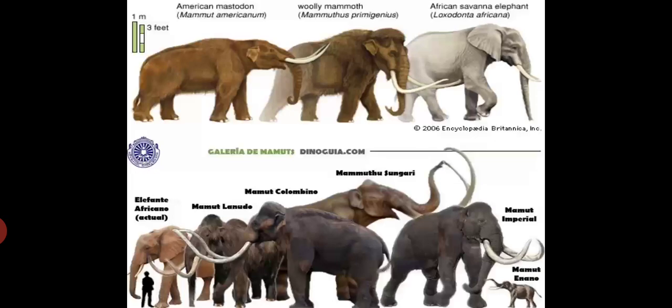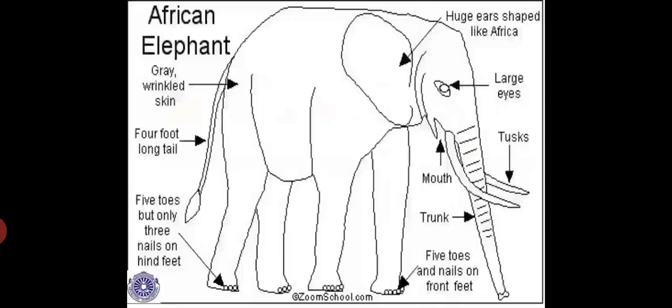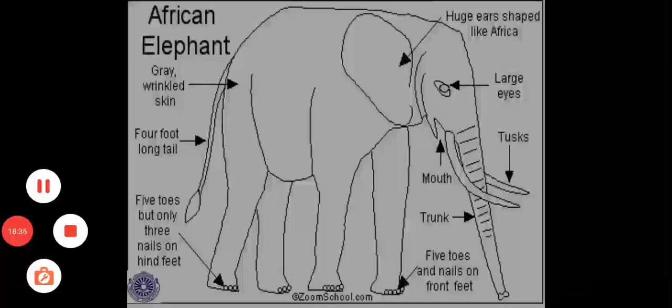And in the bottom side of this particular slide you will be observing different varieties of elephants, and this is for your reference. And in this slide you will be observing the different parts of the elephant body. Probably you have learnt about them already, but this is for your extra information. So with this I have completed 2 more orders of the class Mammalia. So with that, let me stop at this level.